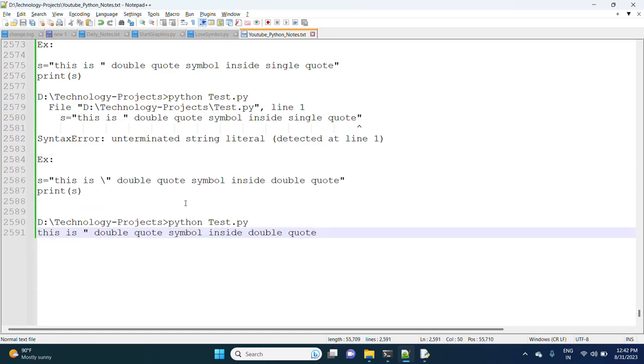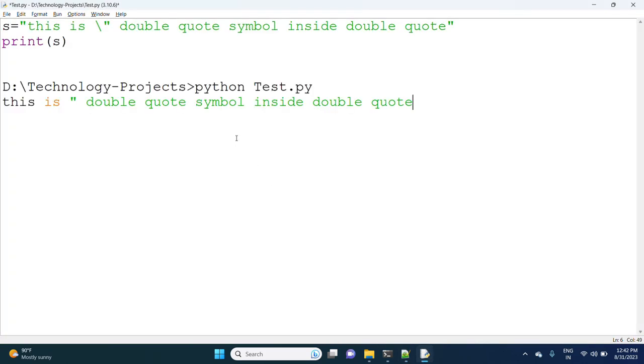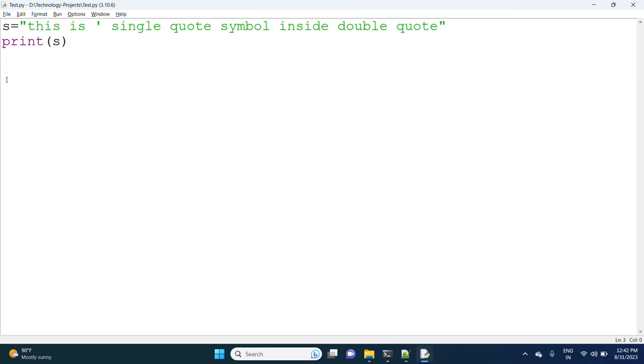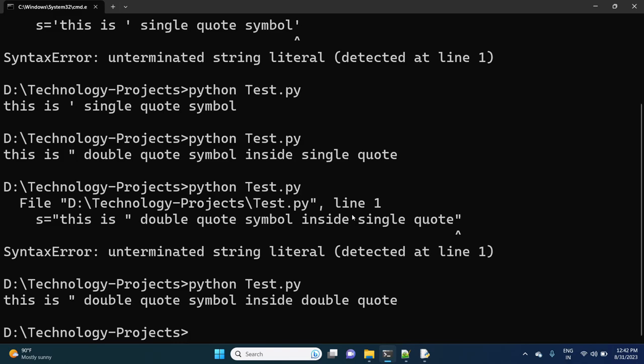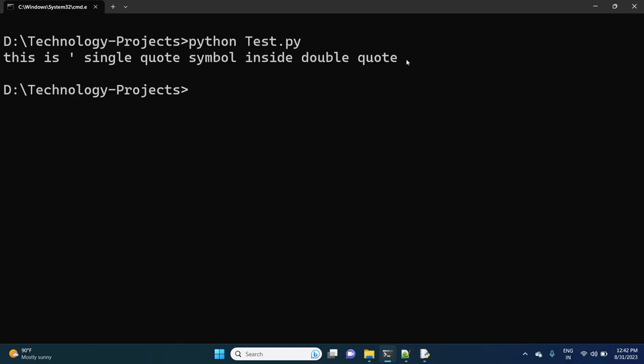Clear? Inside double quotes, we can print a single quote also. This is a single quote inside a double quote. This time it won't give any error. Observe. Clear, right?